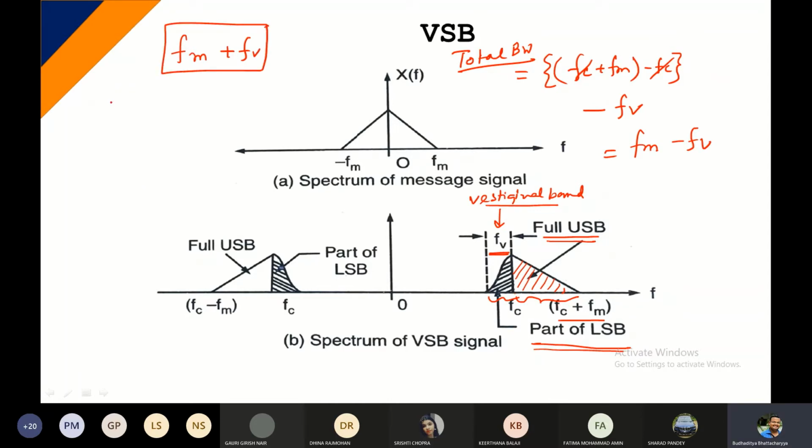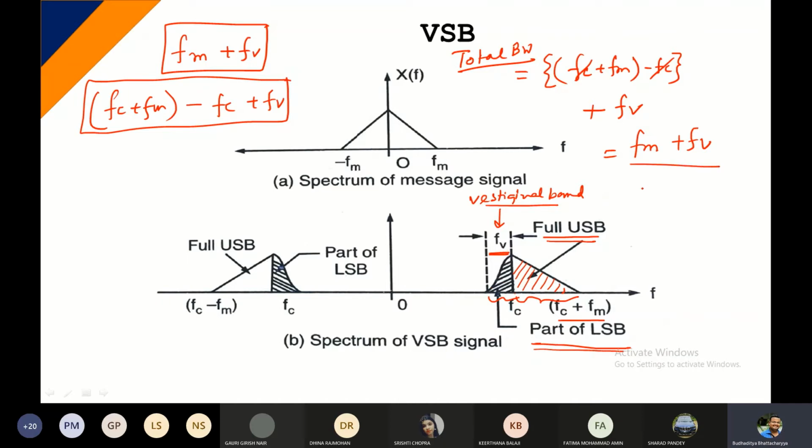So it is ideally FC plus FM minus FC plus FV. So this will be the structure of it. Since FC will get cancelled out, we are getting FM plus FV, this should be plus actually. So this is the band that we are talking about. You can observe that which was 2 FM in case of normal AM, or even in case of DSB-SC, it was 2 FM. Although in SSB it was coming as FM. Here we are getting a different value altogether, and when calculated it is estimated to be around 25% more